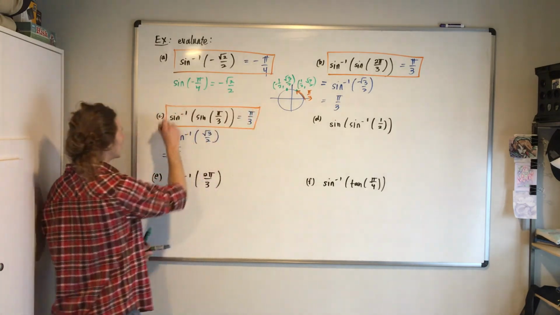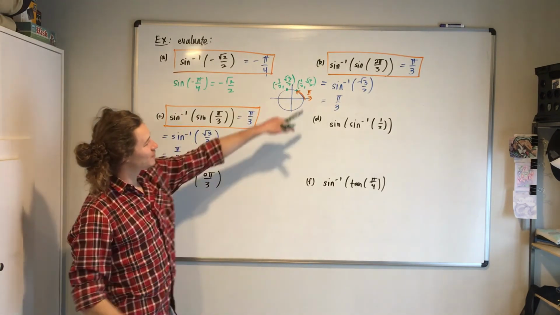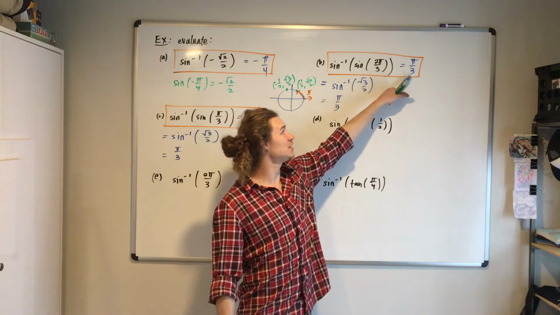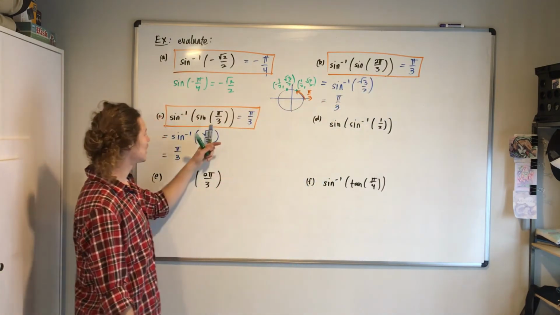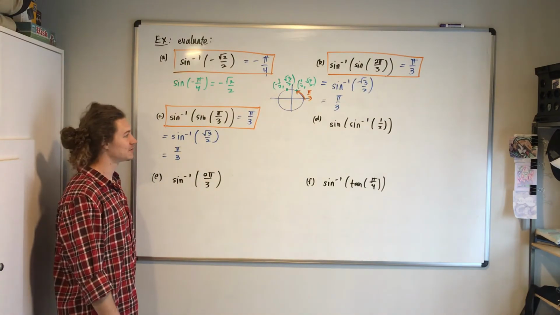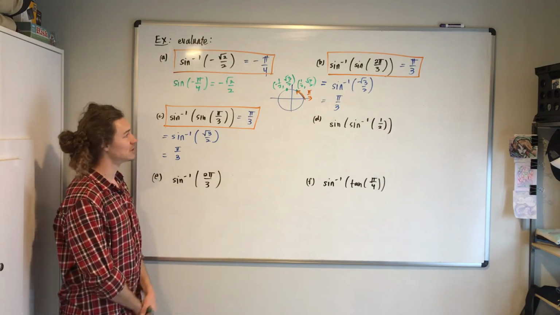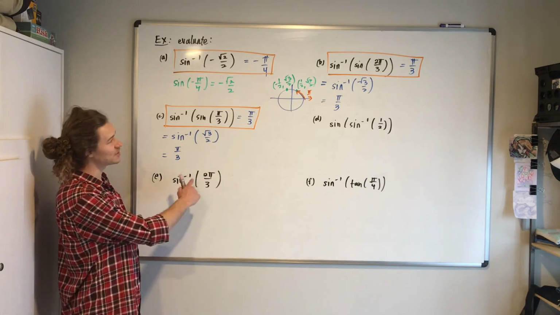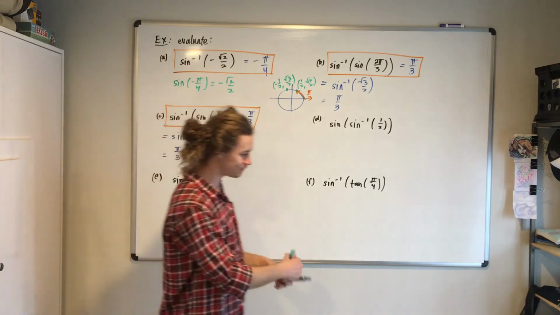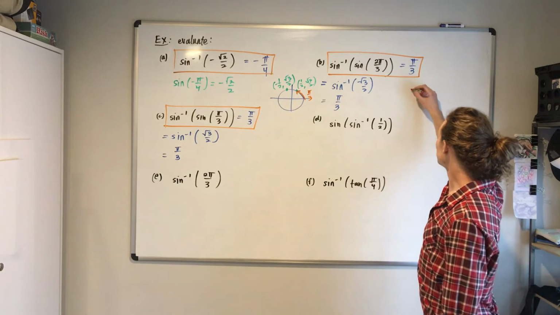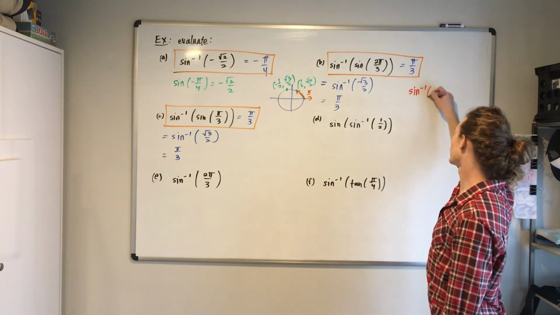So again, note that in the first of these compositions, the input of that composition did not equal the output of the composition. But in this case, the input did equal the output of the composition. And we'll see that this is exactly true depending on the input that we're given. When we see compositions of the inverse sine and the sine,